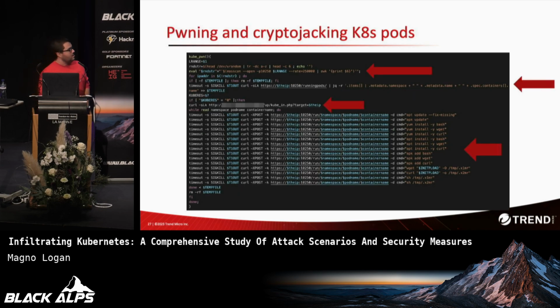Okay, the main portion that's related to Kubernetes is this one. This is a function inside the kubelateral.sh called kubepwn. I know it's a little bit hard to read, but I referenced the main points there, and I'll describe them here. So the first red arrow there is using, so they already compromised your network.